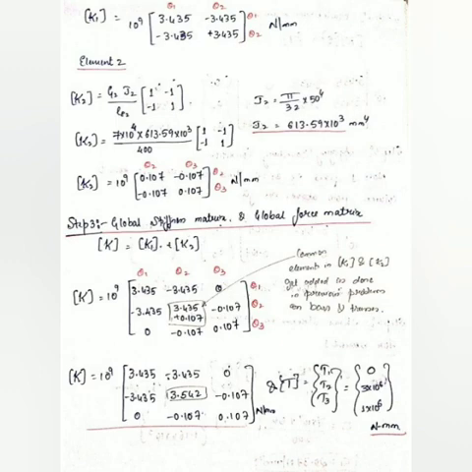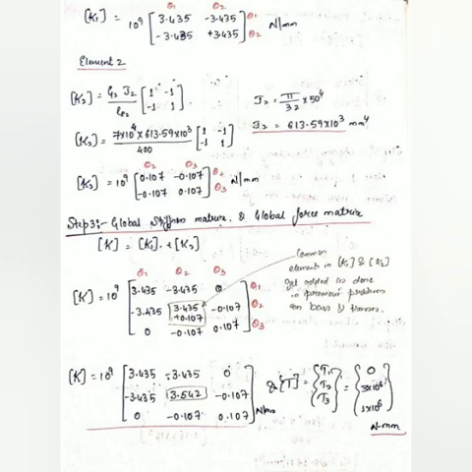Next, the third step, is to write the global stiffness matrix. How do you write the global stiffness matrix? It is the summation of the individual stiffness matrices of the elements. There are two elements in this problem, so the global stiffness matrix K can be written as matrix K1 plus matrix K2. Here the importance of the numbering you already gave, like theta 1, theta 2 and theta 2, theta 3 for the elemental matrices, comes into the picture. According to that you are supposed to add the values.